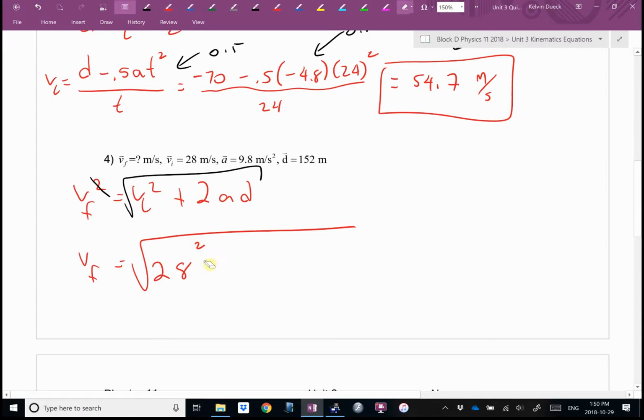If that's all I had, the square root and the squared would cancel. But as soon as I'm adding something else, I have to keep the square root on there. If you try typing in numbers, you'll find the square root and the squared don't cancel each other. So it's going to be plus 2,